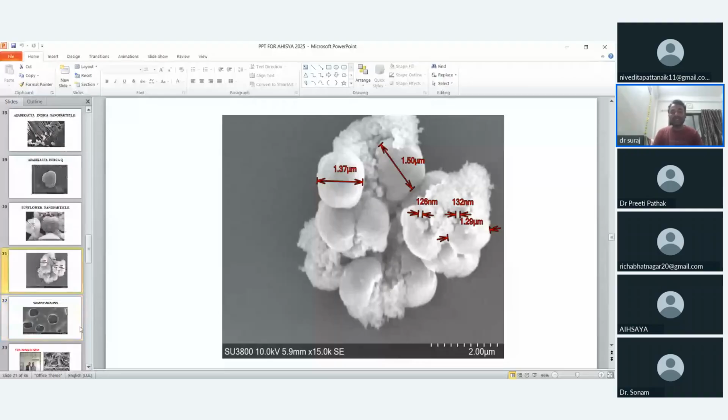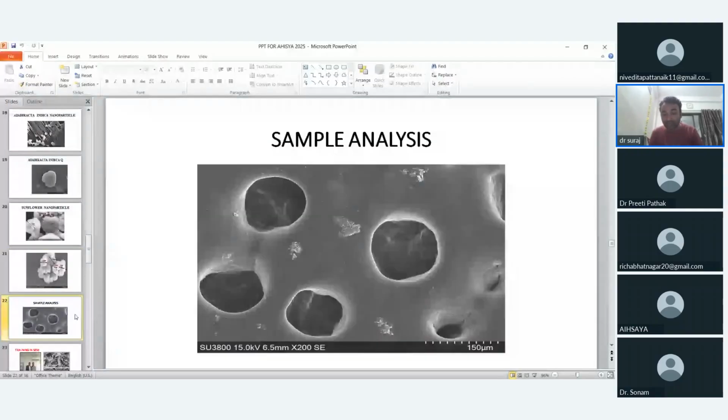Now this is again helianthus Q nanoparticle in 150 micron. So in 150 micron, it is in a bigger shape, it is in a bigger size, just like a piece of stone. But beside these pieces, now you can see these are very minute microfilaments. Now these are our nanoparticles, because it is 150 micron, so it is not nearby the range of nanoparticle. It is above the range of nanoparticle.